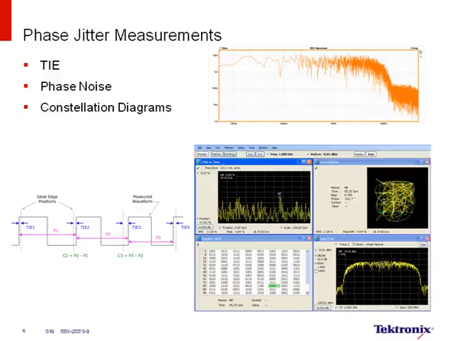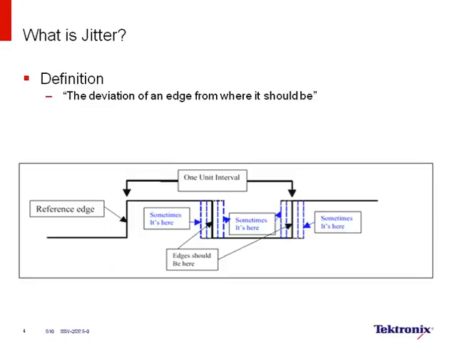The next question here is, what is the difference between peak-to-peak jitter and cycle-to-cycle jitter? So let's try and push slide number 4 onto the screen here, please. Okay, so